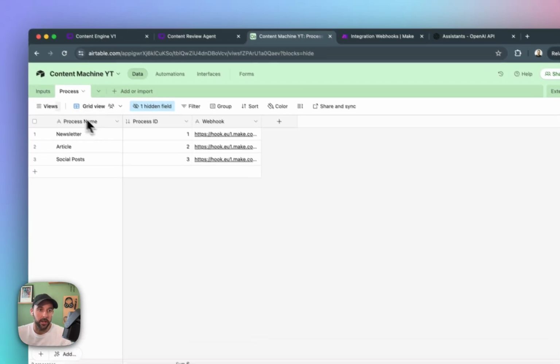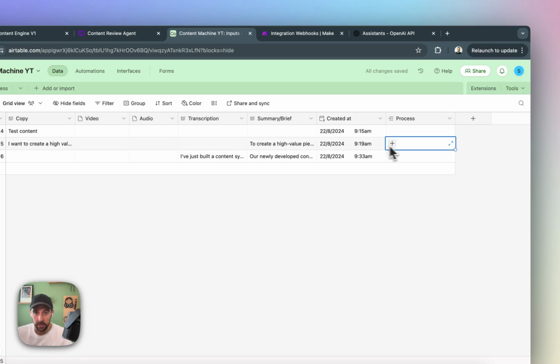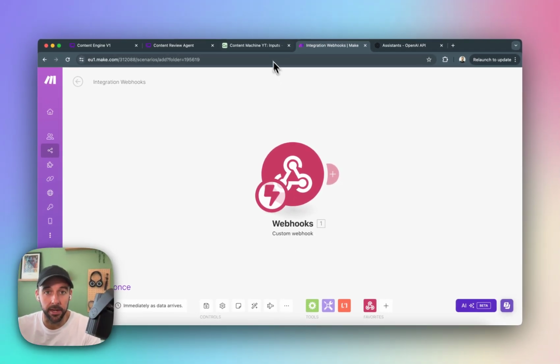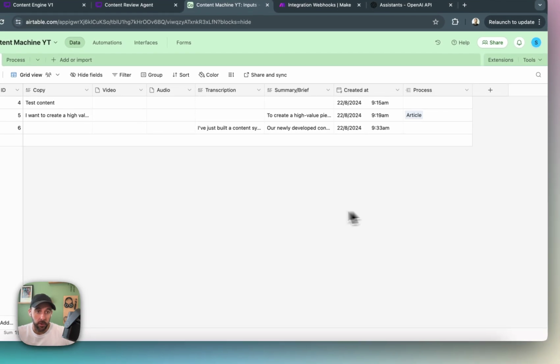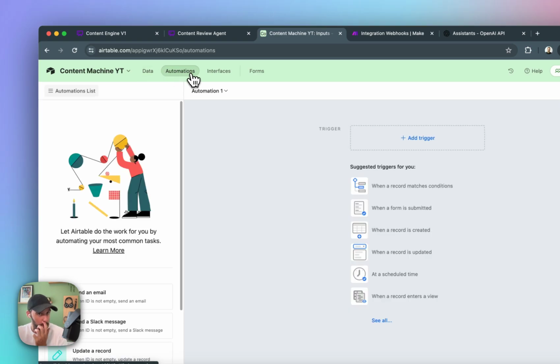Okay, so now what we actually want is for every time that we select one of these processes, let's say on this one here, if we select article, what we want the system to do is take this summary and brief and send it to this webhook so that it can get received in make.com so that we can process it with our automations. The way that we are going to do that is by using an automation. So if we now click into automations here,